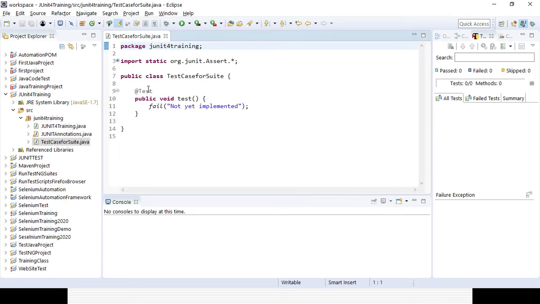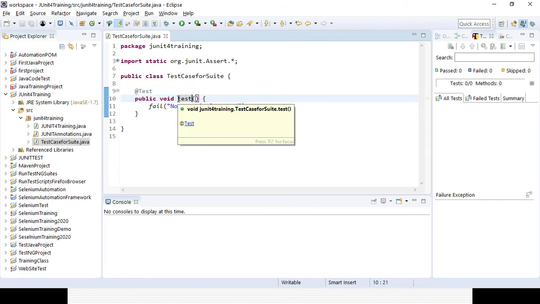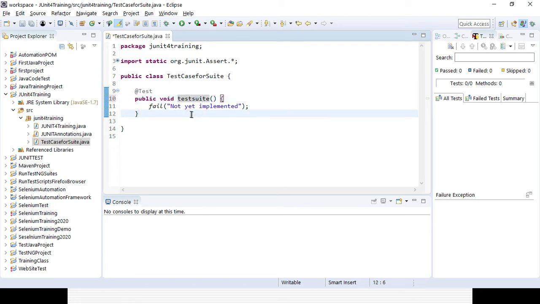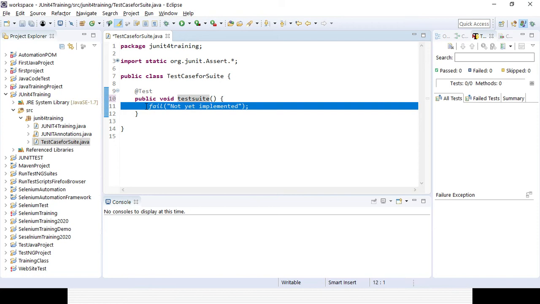You can see the @Test annotation is coming and public void. I can give the test name testSuite. And here I just want to print out something.